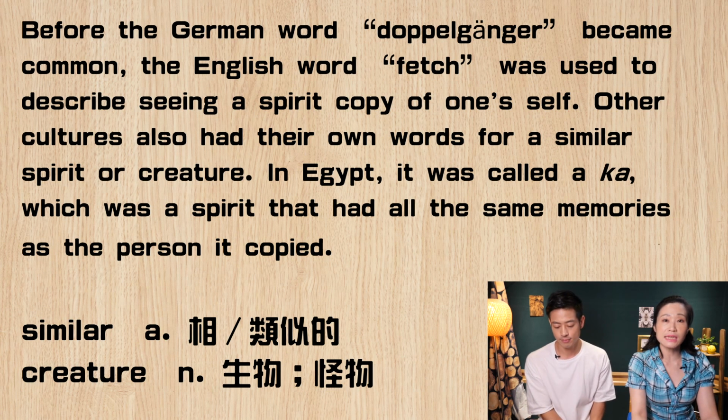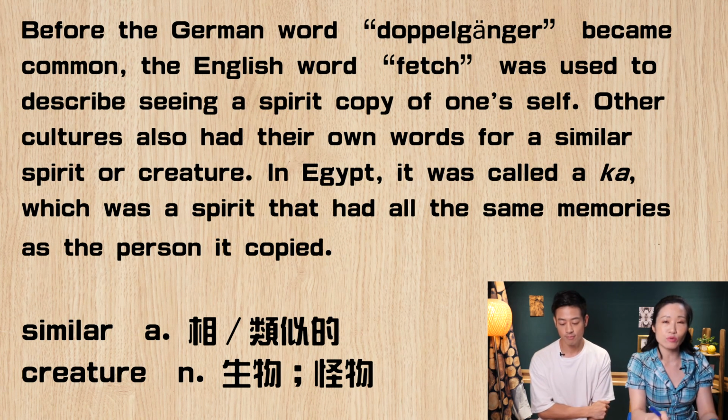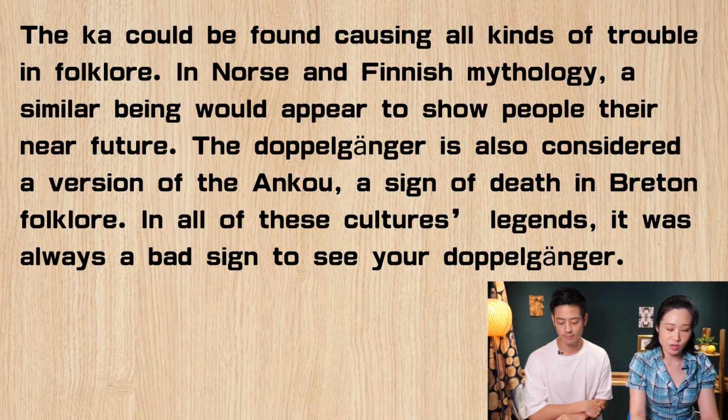对，同学，这个音放在一个字的字尾的时候呢，你可以把它想象成它好像是一个阻挡你的一个墙壁，所以当你念到这个字的时候，你不需要发的这么的用力，或者那个气吐的这么大，你就感觉好像你念到那个 p 的时候，要卡到那个 t，所以轻轻的带过这个音就可以了。The ka could be found causing all kinds of trouble in folklore. 好，他说呢，在这个民间的这个传说里面呢，如果你发现这个 ka 这个音呢，其实呢，它会制造出各式各样的麻烦呐。